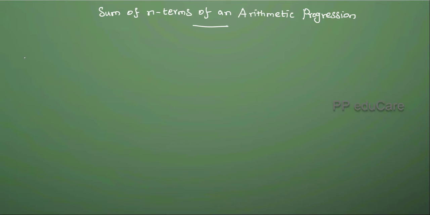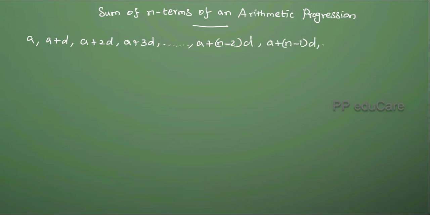Sum of n terms of an arithmetic progression. The general form of an arithmetic progression is a, a plus d, a plus 2d, a plus 3d, etc., a plus (n minus 2) into d, a plus (n minus 1) into d, etc. At any stage of this sequence of numbers in arithmetic progression, the difference between two consecutive numbers is the same